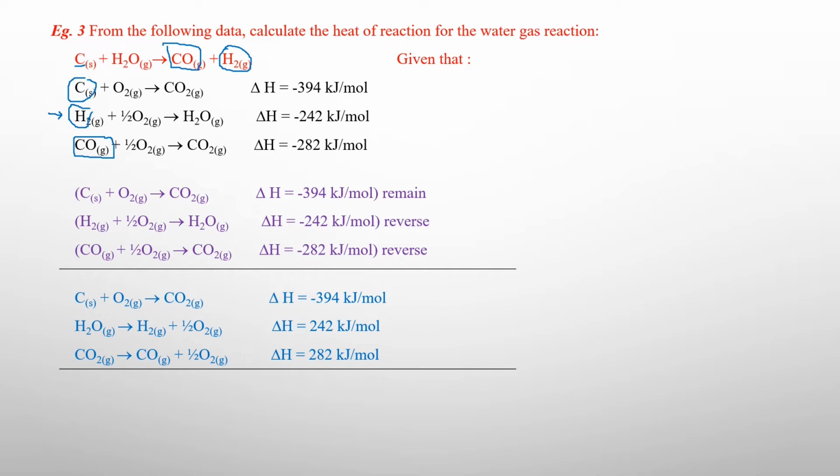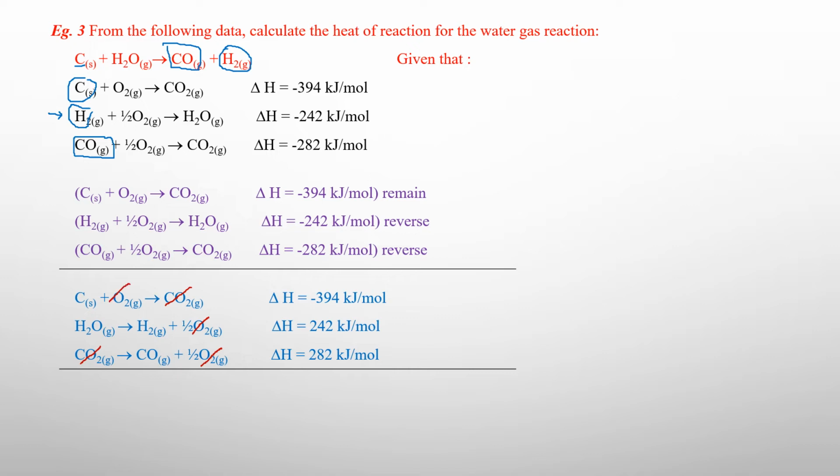The first thing we are going to be cancelling is carbon dioxide on the product side and carbon dioxide on the reactant side. Okay, and then let's look at oxygen. Half oxygen on the product, half oxygen on the product. So half plus half. Remember, if the species are on the same side, you add them. If they are on the opposite side, they will completely get used up. They will cancel out. So half oxygen on the product plus half oxygen on the product, that's 1 mole of oxygen, and 1 mole of oxygen on the reactant. So that cancels out.